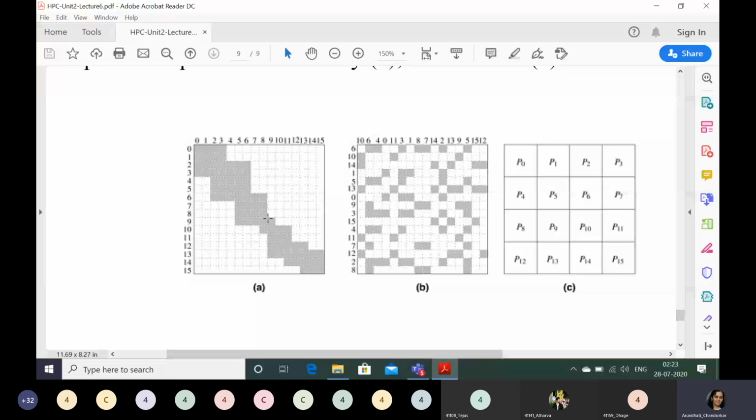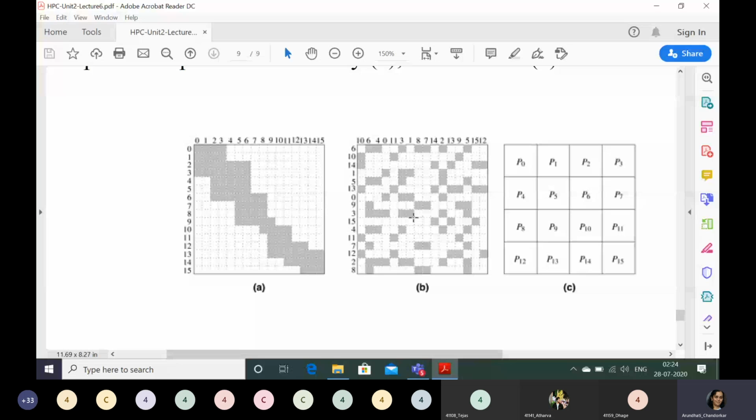Now how to solve this problem? Just randomize, or permute randomly. Apply random permutation against the two dimensions, and you will get this. The whole work which was concentrated along the diagonal using block cyclic is now, by random permutation using the two vectors, distributed across the whole matrix. That is the randomization, and after that you just go by a cycle.